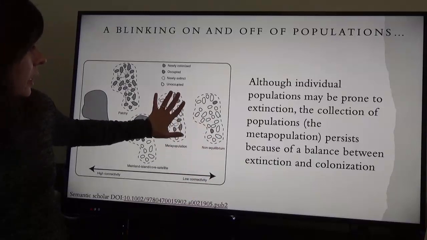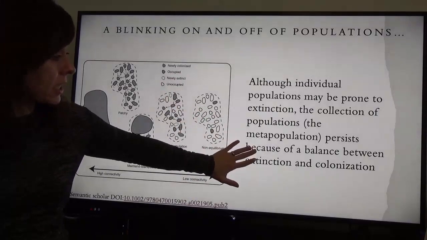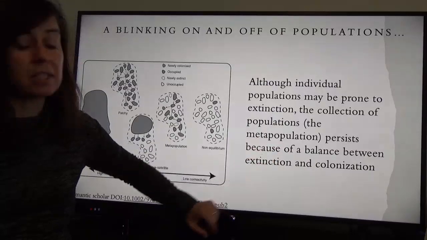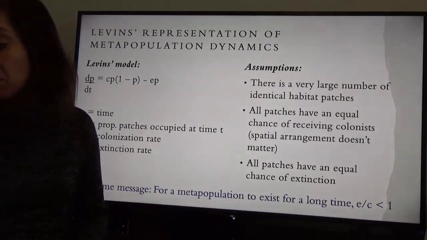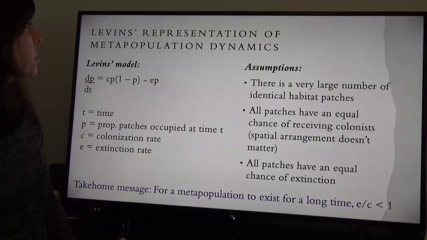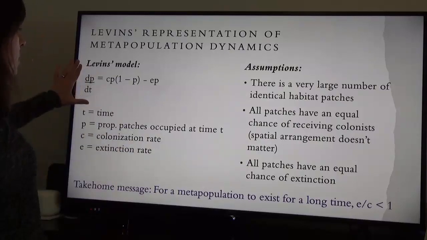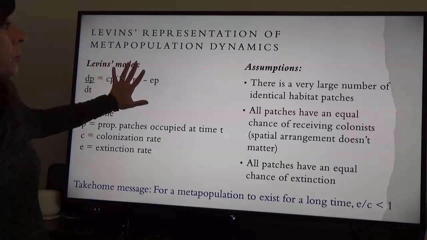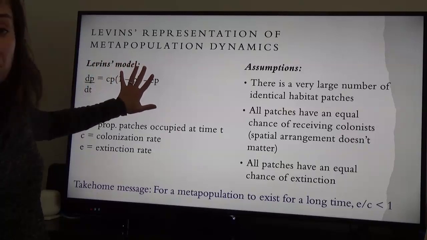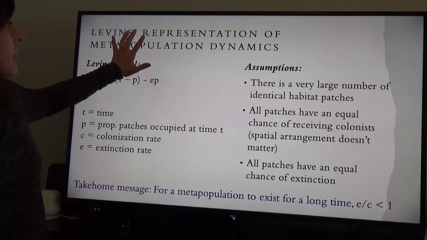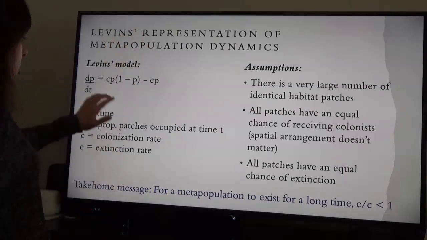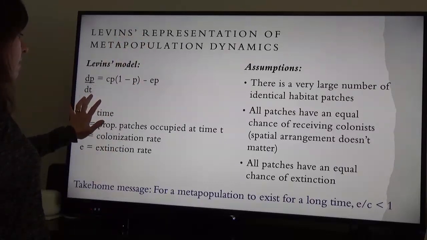And the health of that metapopulation is really dictated by the balance between extinction and colonization. And so Richard Levins was the first one to identify these dynamics and to put together an actual model to model those dynamics. So he was the first to represent metapopulation dynamics. And it's a fairly straightforward